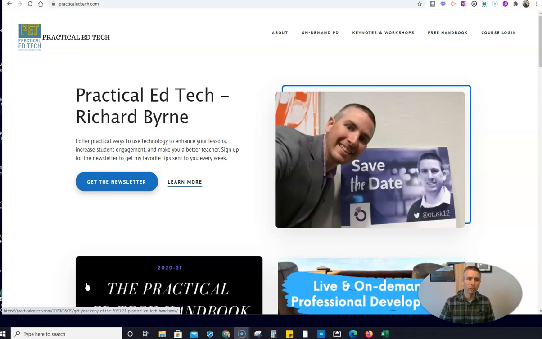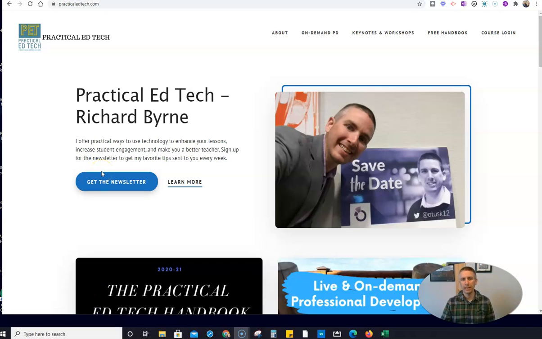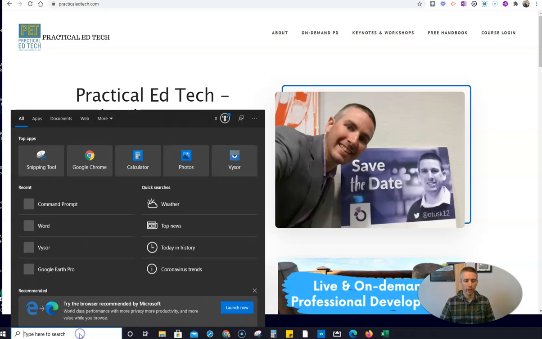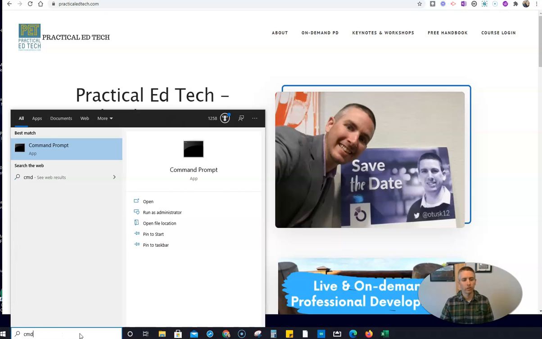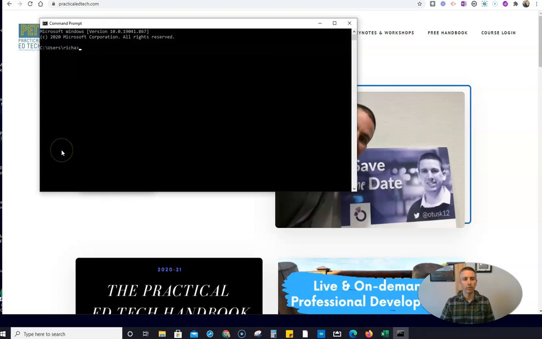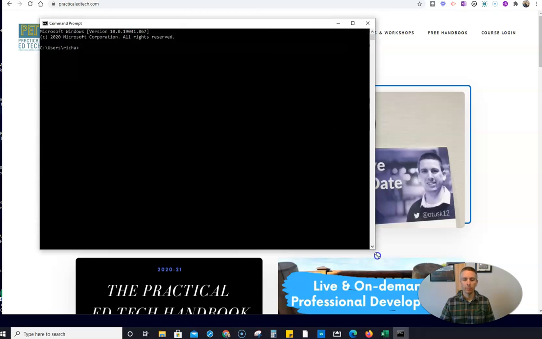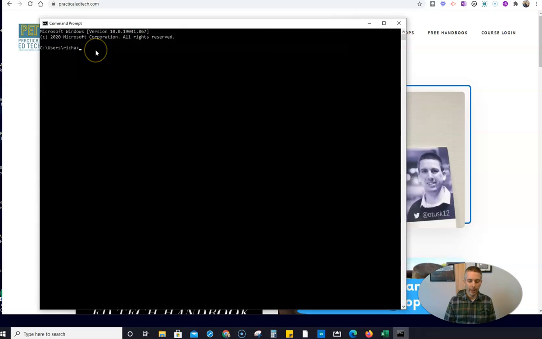So I'm working on a Windows computer, and in Windows, there's an easy way to do this. Just open up your command terminal. If you're not sure how to do that, just go down to your start menu, search, and just type in CMD. You'll find your command prompt right there. And let's make that a little larger. And now I'm going to type in